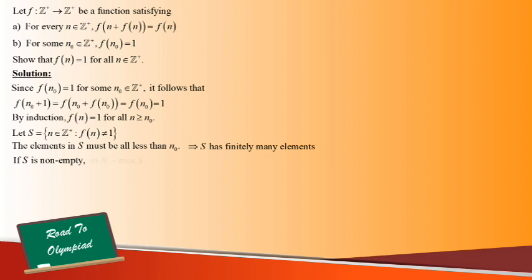And since S is a finite set, if it is not empty, there must be a greatest element in it, say capital N. Then by condition A again, we have f(N + f(N)) = f(N), and this is not equal to 1 by our assumption. However, this means that f(N + f(N)) is not equal to 1. In other words, N + f(N) is also an element in S,